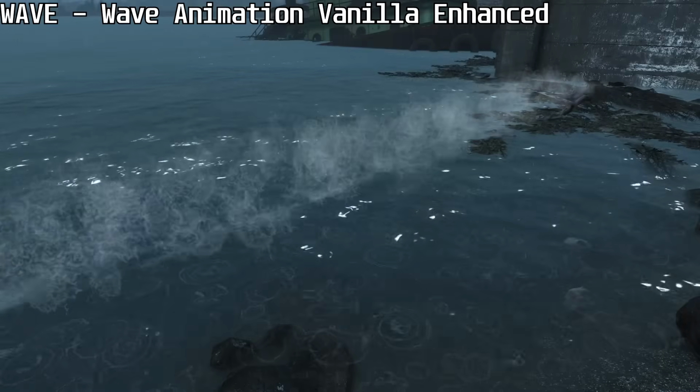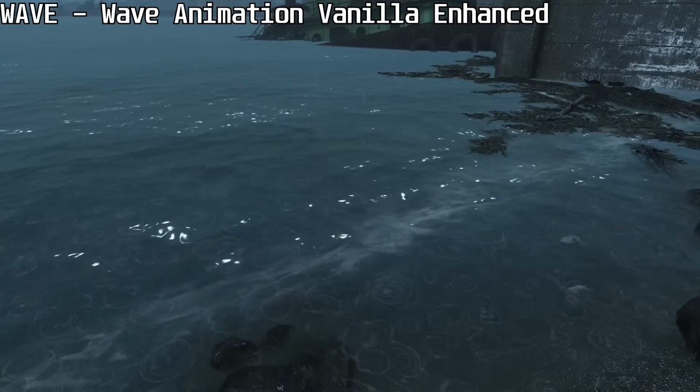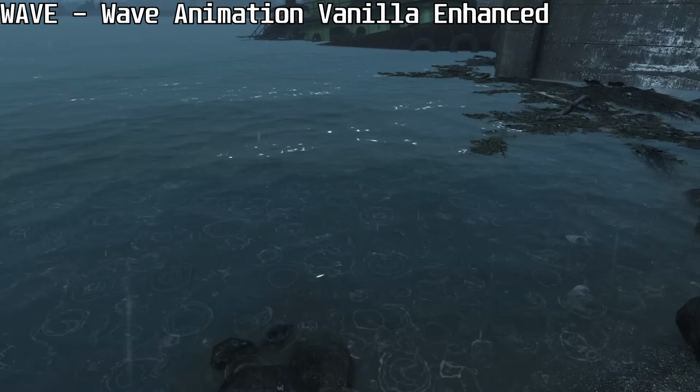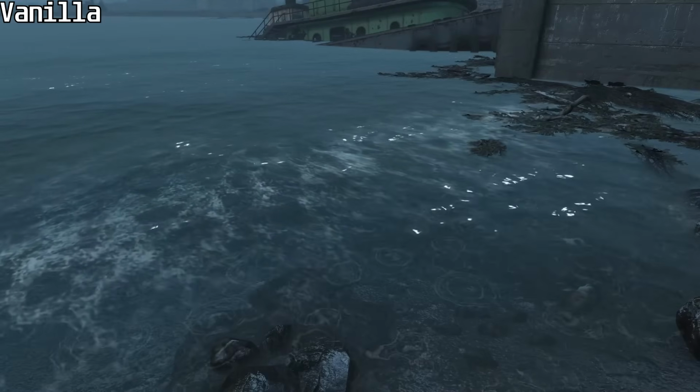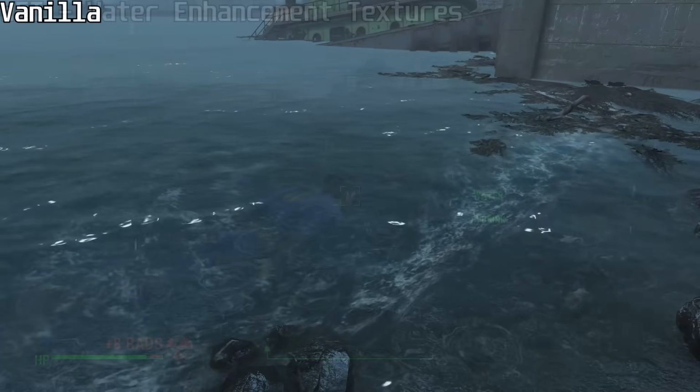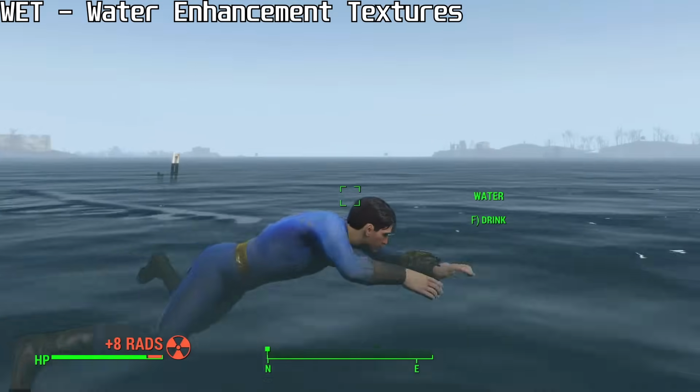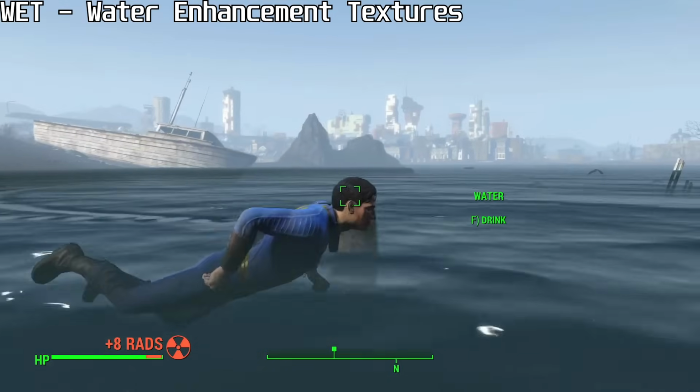I also found the mod Wave Animation Vanilla Enhanced by the same author to be interesting. I'm not sure it will universally be considered an upgrade over vanilla's more calm wave effects, but it's there if you want it. Keep in mind when using WET that it will conflict with any mod that also edits water